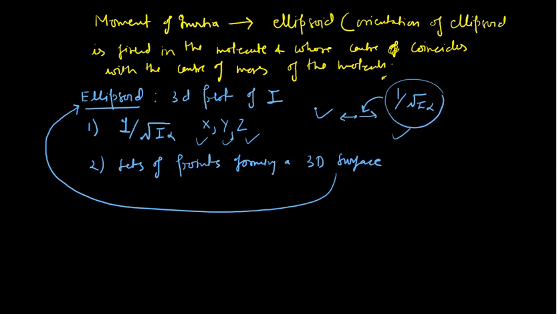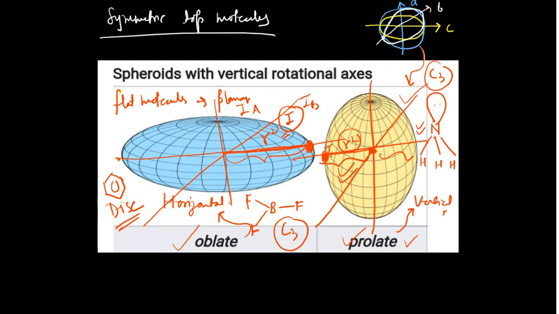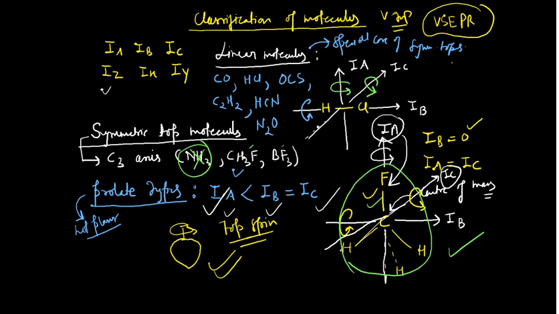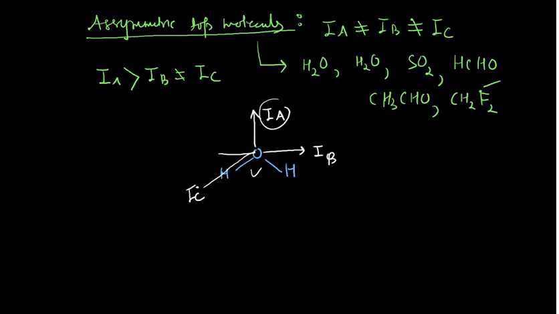And then I discussed the concept of the ellipsoid, and based on the ellipsoid, I classified the molecules by their geometry, whether they are microwave active or microwave inactive. I discussed the three components of the moment of inertia. In some cases all are equal, so of course the molecule is microwave inactive, and in some cases all are unequal, so it is microwave active, and in some cases one is lesser than the other two. Based on this I classified the molecules. Up to this point I have discussed the things.